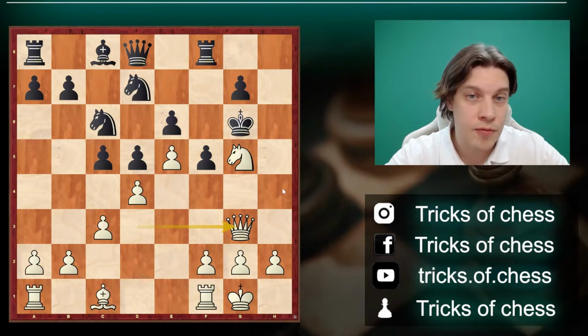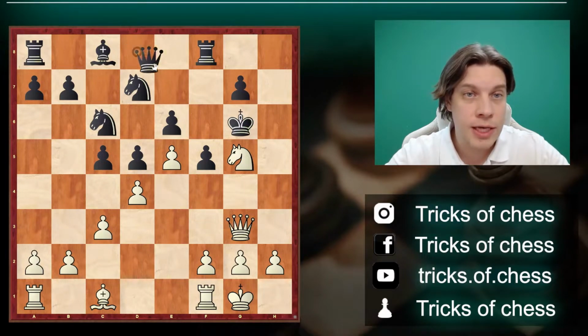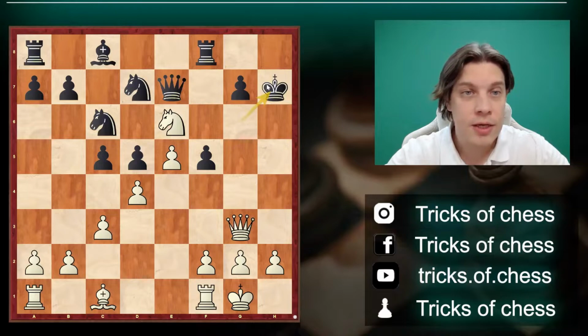So they cannot move the king. Every time they move it to the h-file, you play queen h3, queen h7 mate. So let's say queen e7, they move the queen away. Knight e6. Now the king may escape, but even if it escapes, let's say to h7, you can continue with